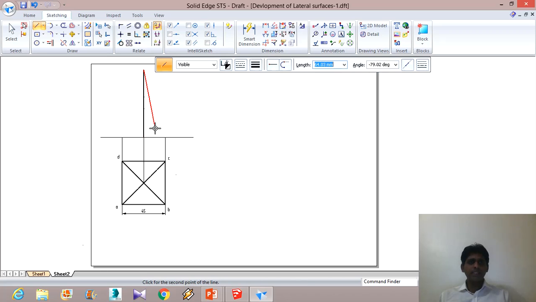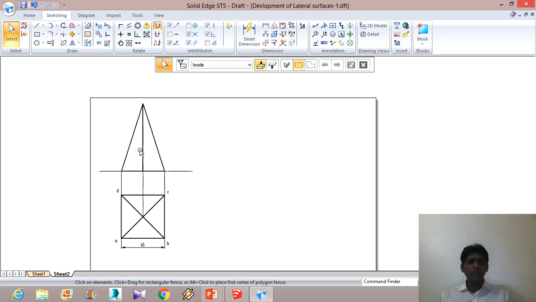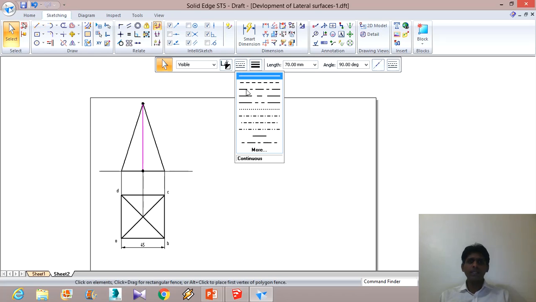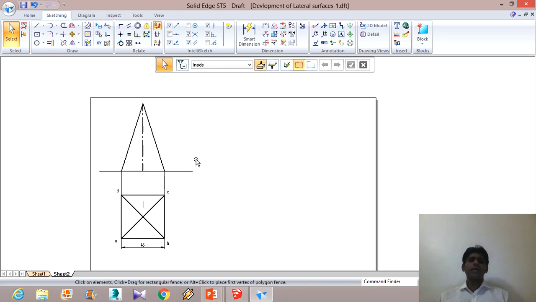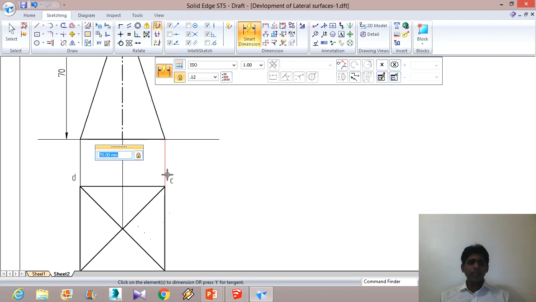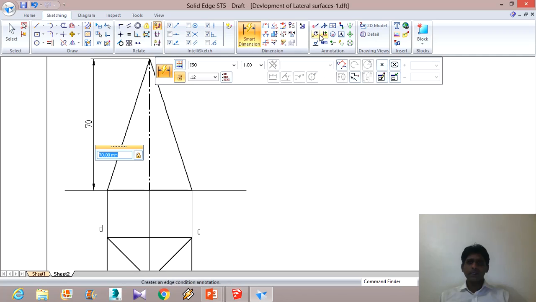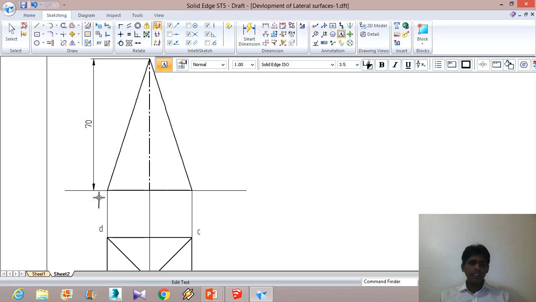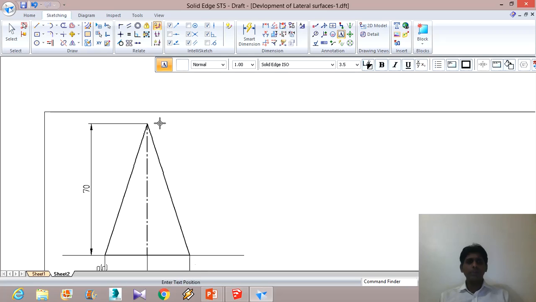And let's place it, and we will join this, and from here we will join this, and we will join this, and we will change the type of this line. It is this much. The smart dimension, it is 70 mm, and let's rename this. This is point A, and in the bracket D, and here we have B, and in the bracket C, and this point is